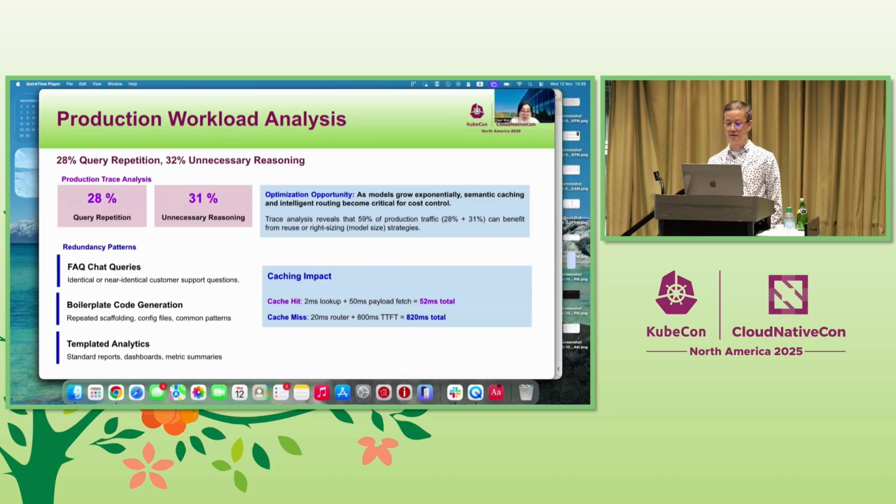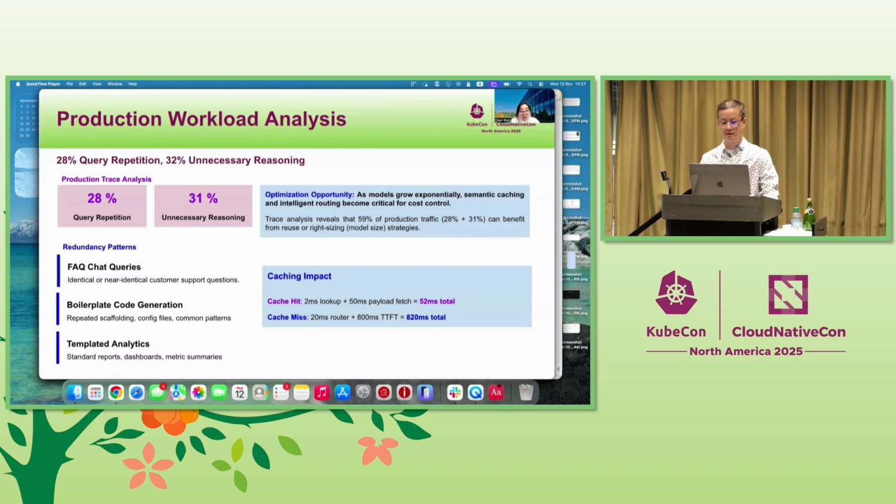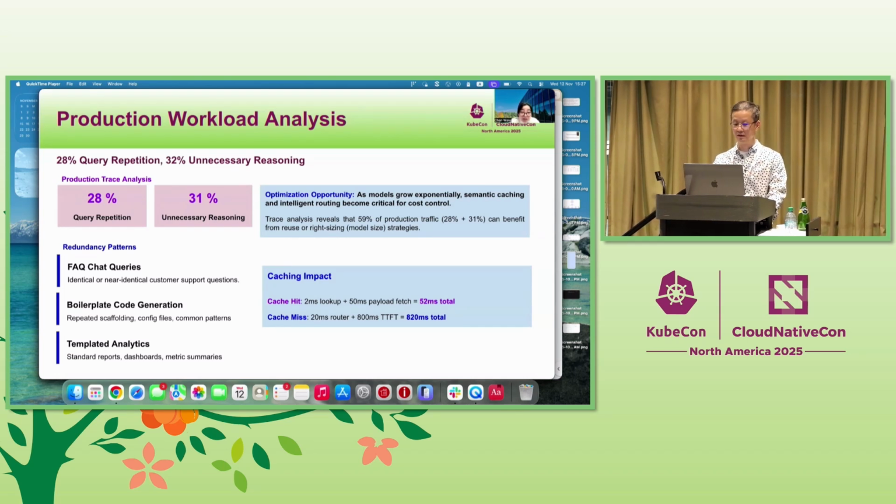This means we are burning tokens or GPU cycles on unnecessarily long, complex chain-of-thought reasoning for simple tasks. And then the third part is we also unnecessarily route the query to a very large model when the query is also simple. So combined, at least 59% of our traffic can benefit from either reuse or right-sizing the model's reasoning chain to